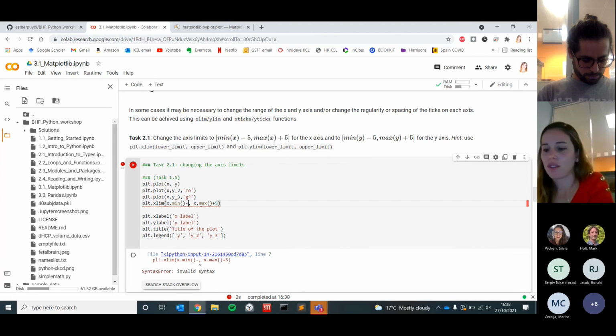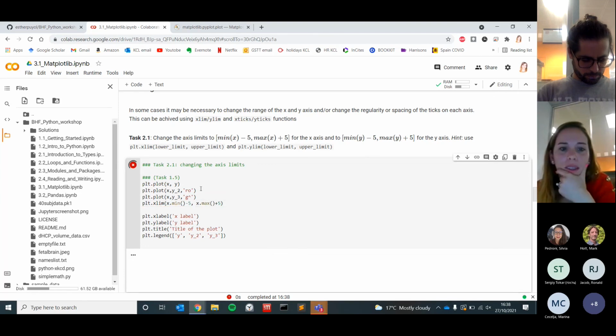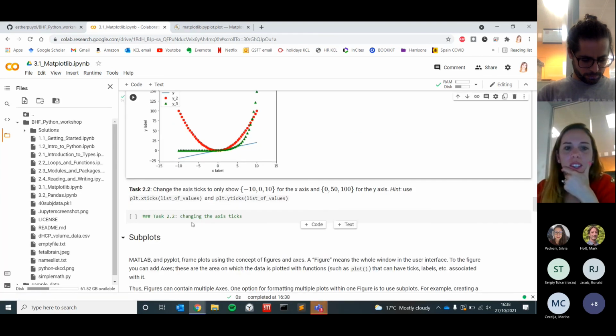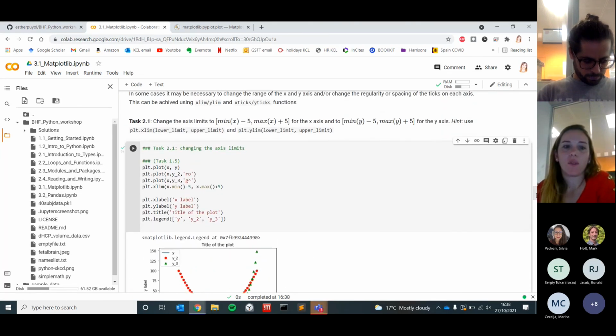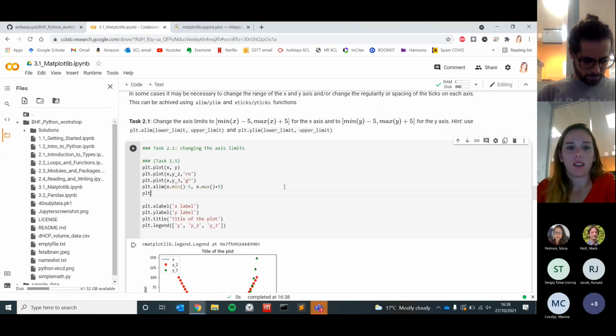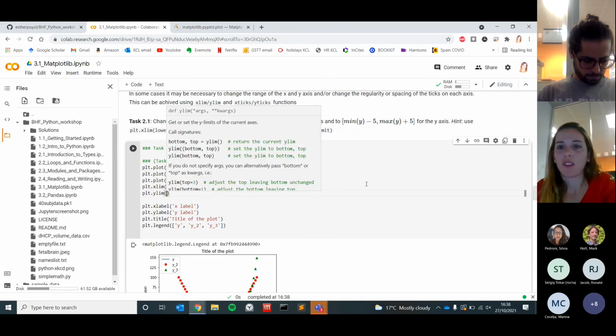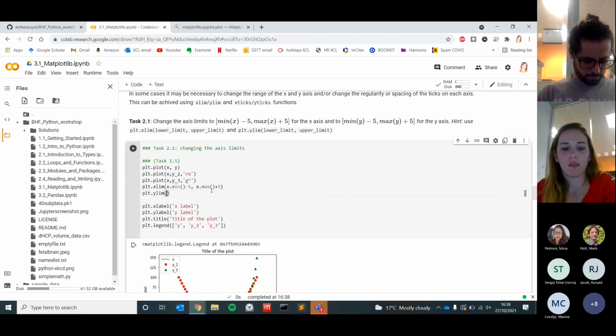Oh, I forgot the 5. Good point. So now we have it goes minus 15 to 15, and then if we do the same for the limit, in this case, we want it to go from the minimum of y